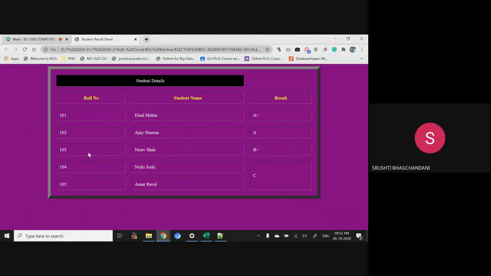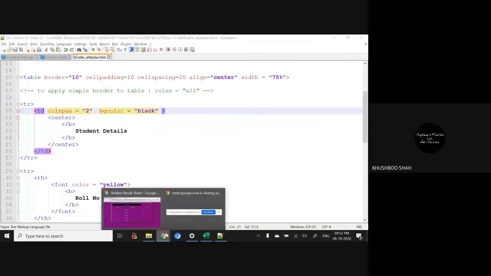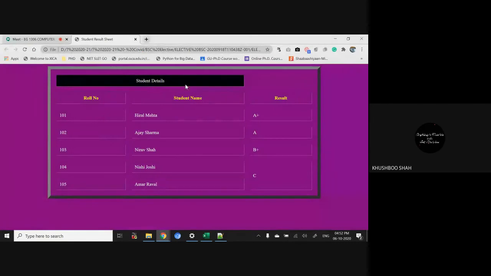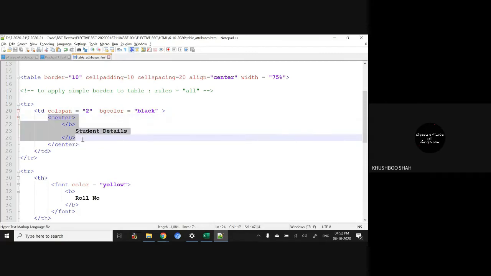Understood? Yes, ma'am. So here I have merged 2 columns. But by default it will give me 3 different columns if I simply mention the TR tag, because 3 times I have to add the TD tag for the three different types of content. And bg color is black. This is a simple thing. Now I want to write the content, and I want the student in a bold font and in the center.